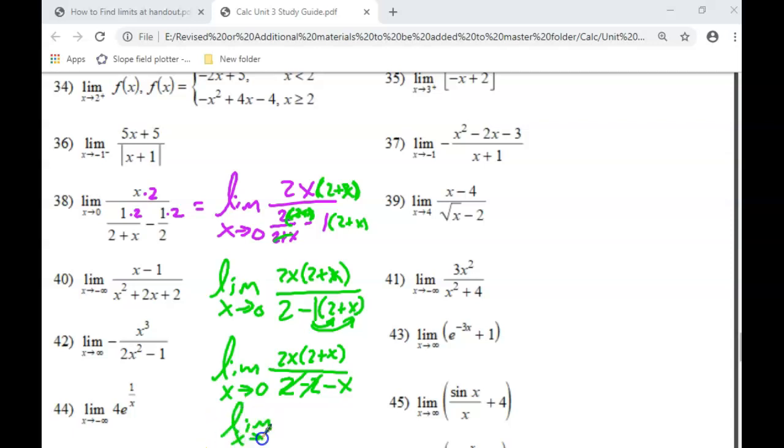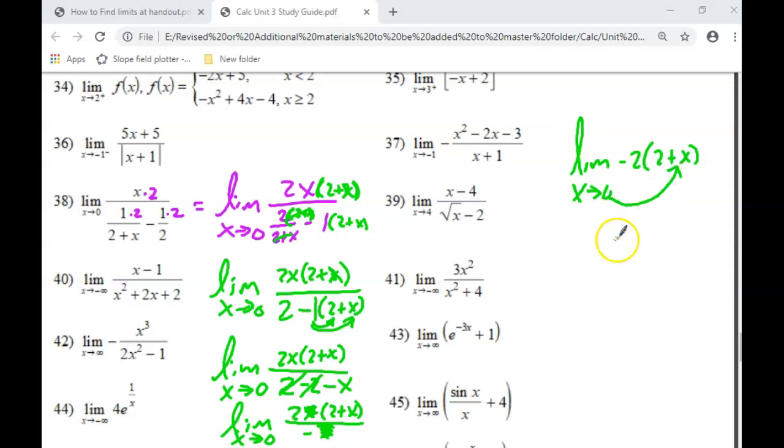You don't have to write this much, but if you can do some of this in your head, here's what I'm left with now. And in this case, the x's can divide each other out. And the negative, I'm just going to move it to the top so it doesn't look so weird. It's going to be the limit as x approaches 0 of negative 2 plus x. Direct substitution now does not give me an undefined answer. I get negative 2 times 2 plus 0, which is negative 2 times 2, which is negative 4 as my final answer. All right,